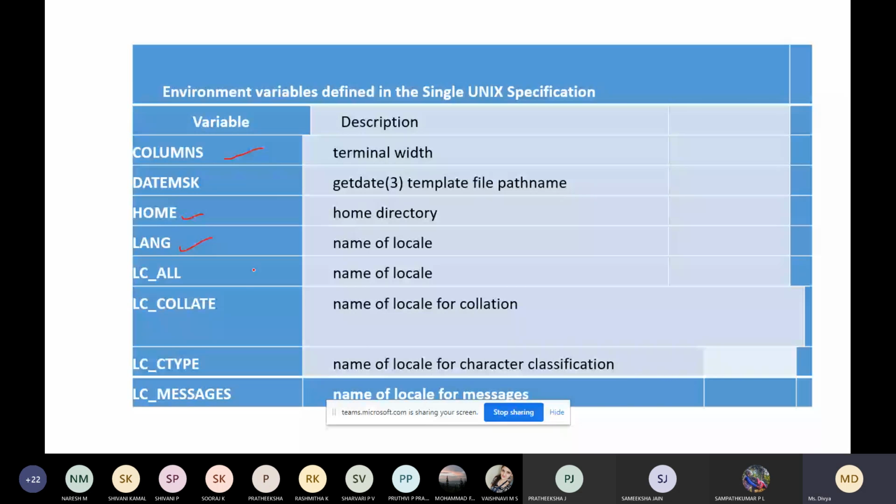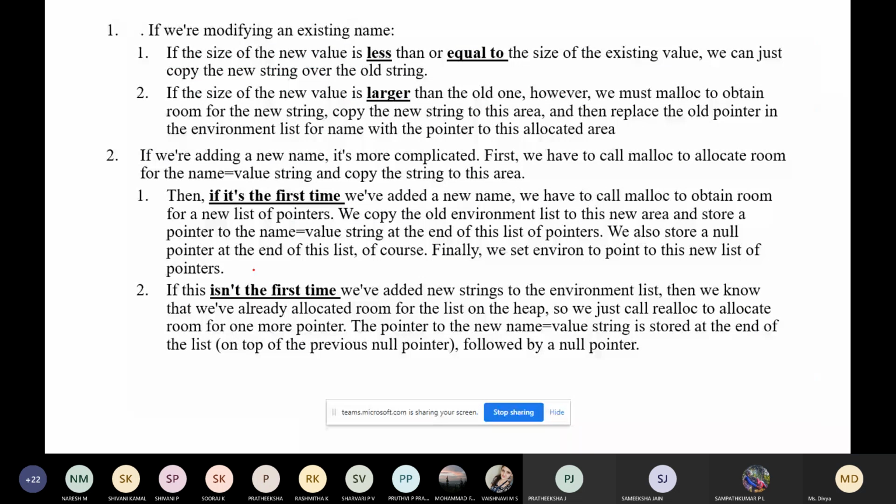A few things you have to understand when dealing with environmental variables. I said the environmental variable will be in the form of name and value pair.